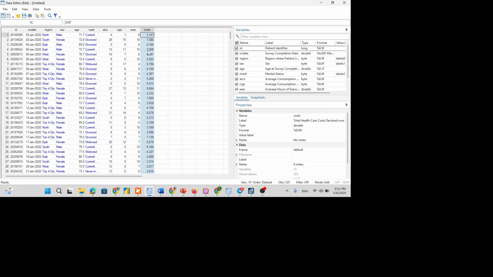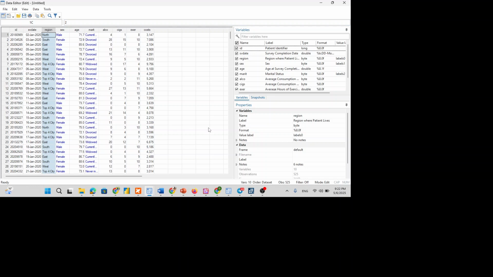How is the healthy cost related with exercise per week? If exercise per week increases or decreases, what will happen to the cost? What if the cigarette consumption increases or decreases? What will happen to the healthy cost? What about consumption of alcohol, and then as age increases, what is the impact on the healthy cost? And the others are categorical variables. We need to focus only on continuous variables for this purpose.